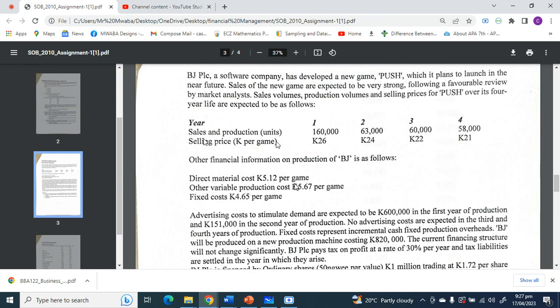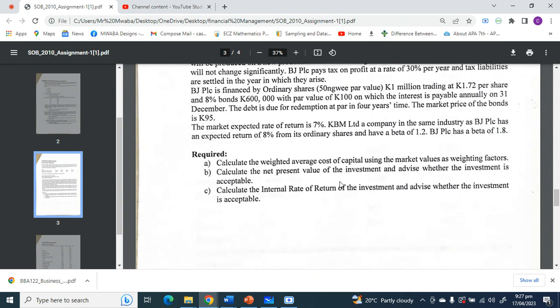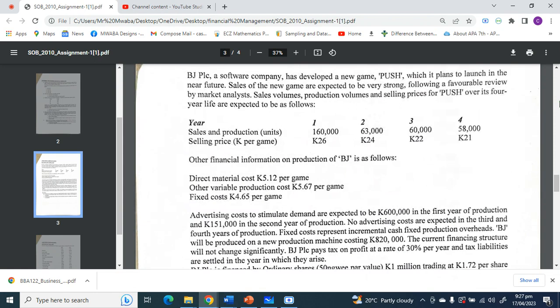So when you see information like this, and you've seen a question which is saying either calculate the net present value or the internal rate of return, then you know that with this question, first I have to get the work, which will be my discount factor. Then I have to tabulate my cash flows, then convert them into the present value so that I can do the net present value technique.